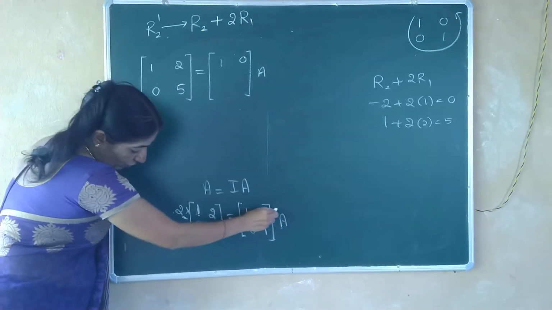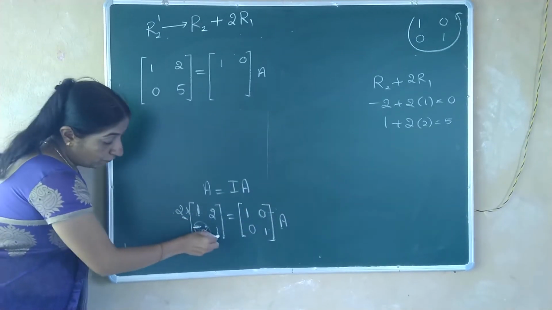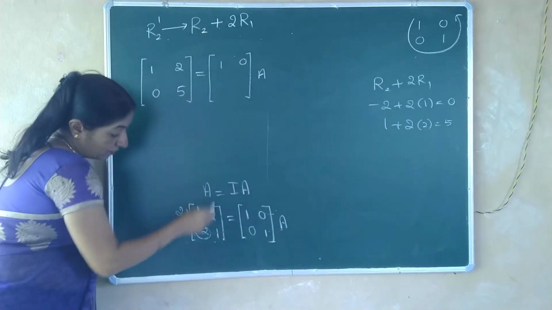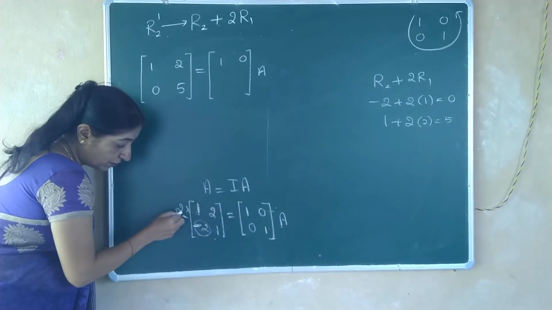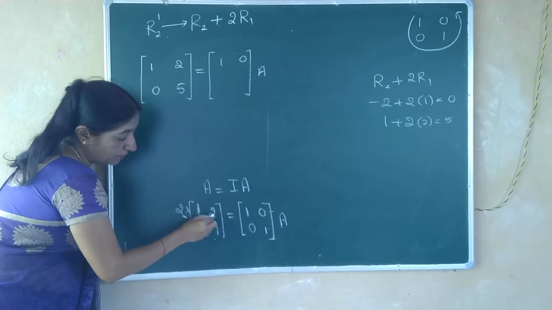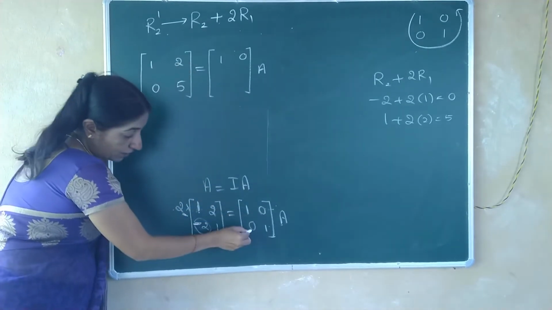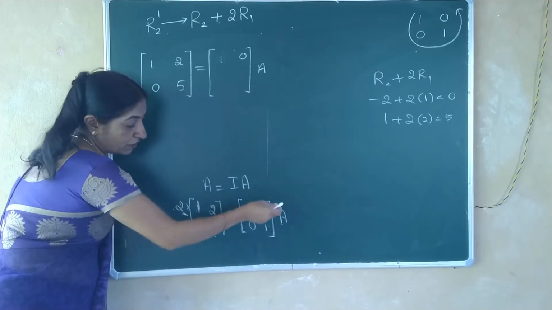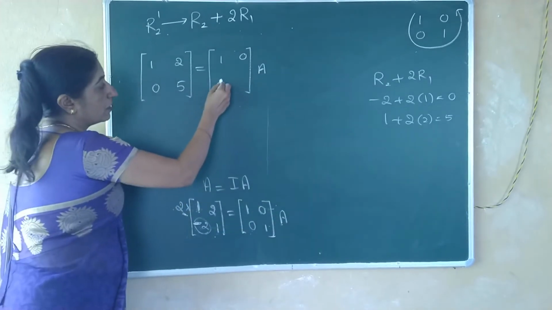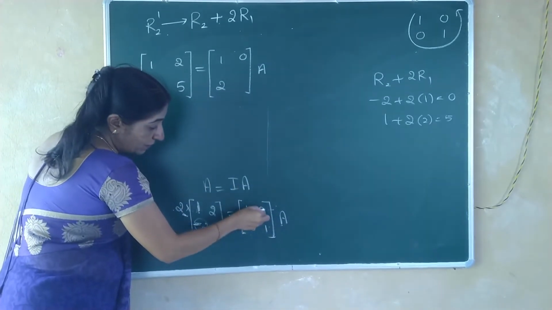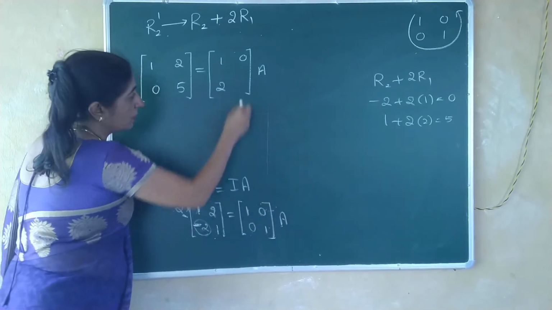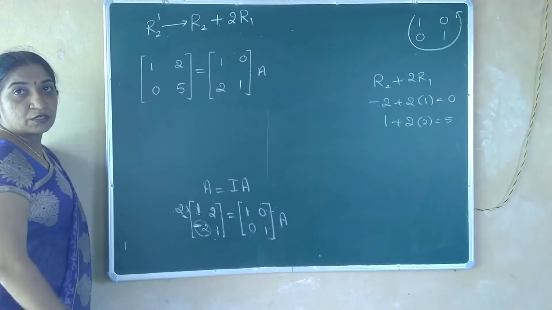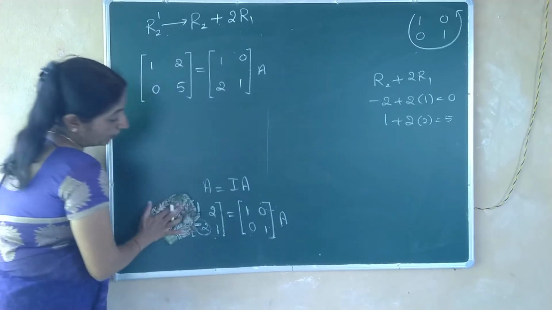This whole first row is multiplied by 2. 1 we are adding, remember. 1 plus 4. Why 4? This 2 is multiplied with each term. 1 plus 4 is 5. Then here what are you doing? 0 plus 2. This 2 is multiplied on both sides. 0 plus 2 is what? 2. Then 1 plus 0. 0 into anything is 0. 1 plus 0 is 1. Understood? Now one thing is over.